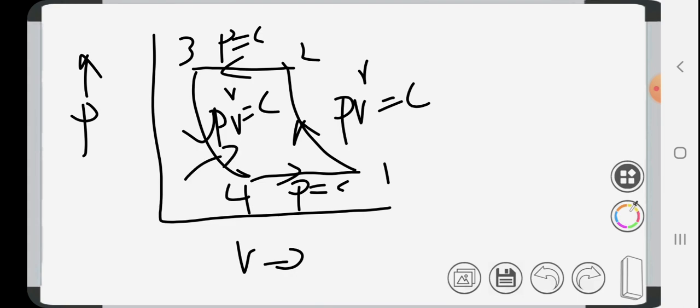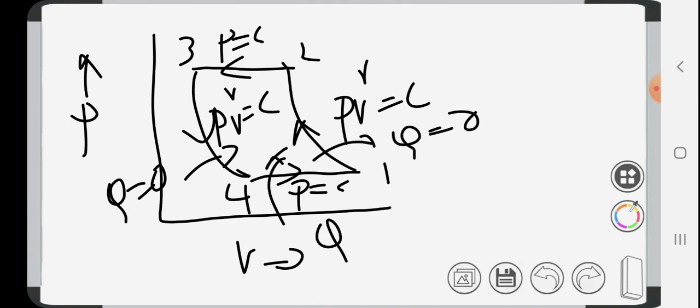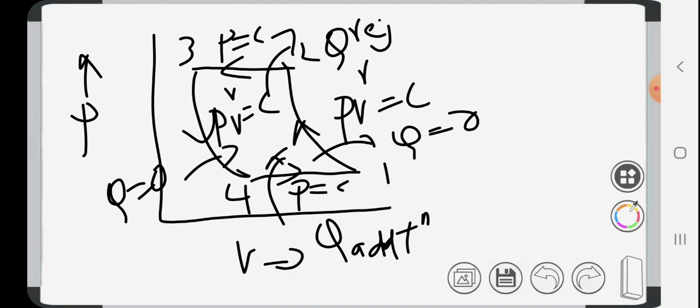So here Q equal to 0, here also Q equal to 0. Here refrigeration, Q addition, here Q rejection, right? So in the two constant pressure processes, Q rejection and Q addition take place. The other two, compression and expansion, are purely reversible adiabatic, means isentropic processes. So students,